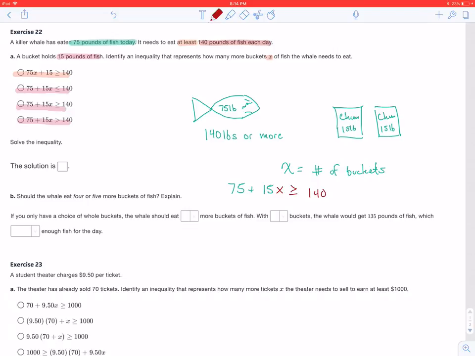Try either one. And then part B asks, should the whale eat 4 or 5 more buckets of fish? And explain why. And then you just have to fill in the blanks. If you only have a choice of whole buckets, that's assuming that we have to feed it whole buckets, the whale should eat 4 or 5 more buckets of fish, and then finish filling out the rest with